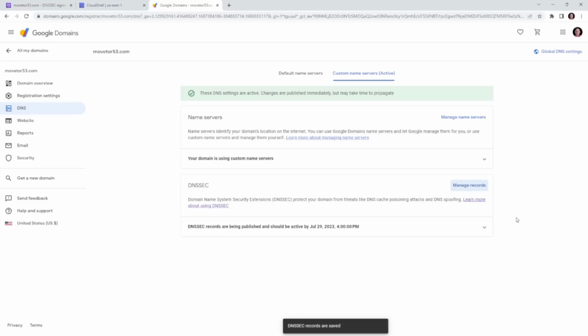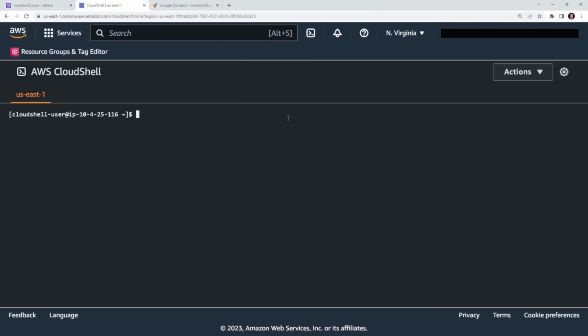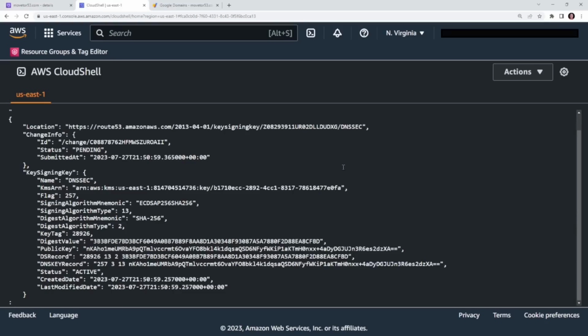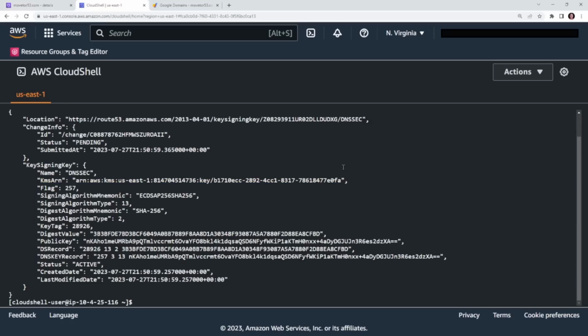Once complete, select Save. If you prefer using the Route 53 API, for example because you want to do this process for hundreds of domains, you can do so as well. First, you create a new key signing key, using an existing customer managed key. It is also possible to create the customer managed key via the API, but we are not showing this here in this particular example. Note that the information of the DNS record for this key signing key is displayed once the command completes. Remember that you need this information for updating the parent zone to establish the chain of trust.